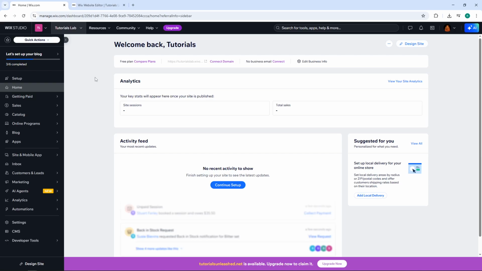Welcome back, everybody. Today, I'm going to teach you how to make member-only visible pages in Wix. This is incredibly useful if you're running a membership site, offering exclusive content, or simply want to restrict certain pages